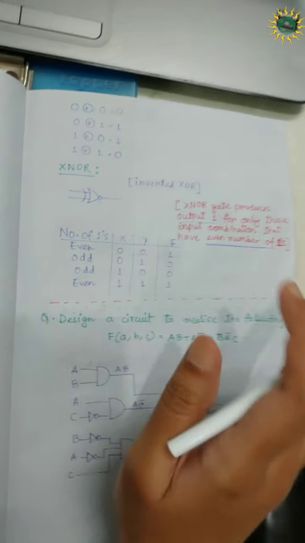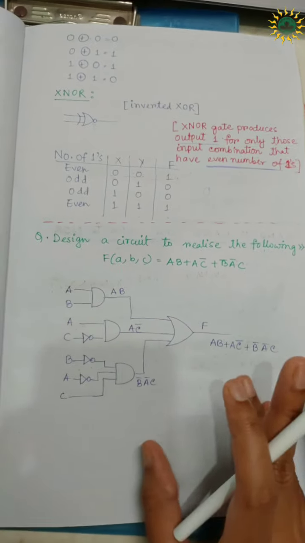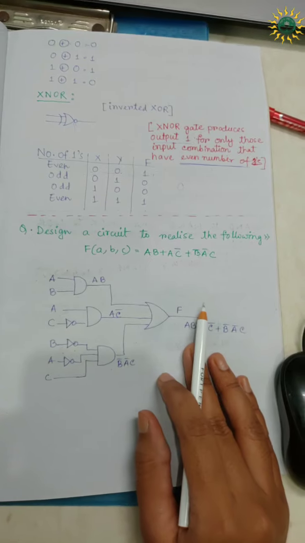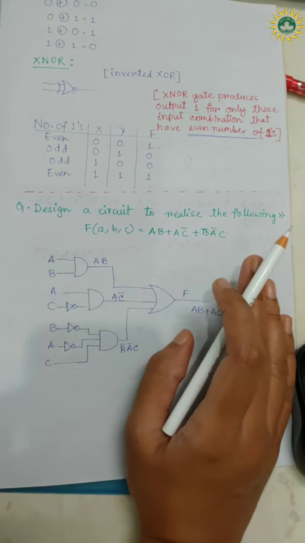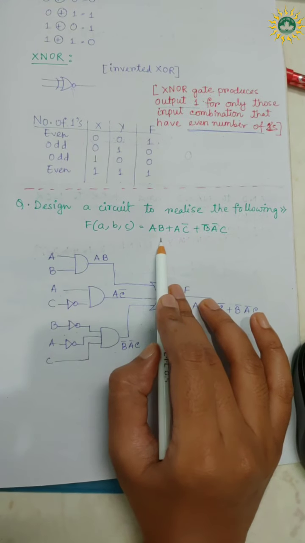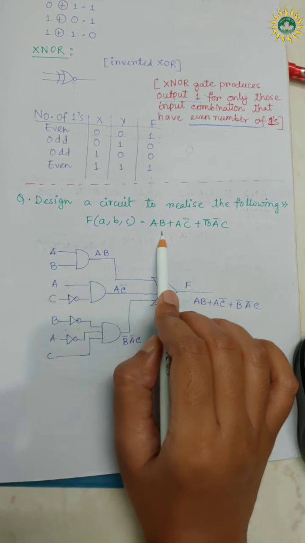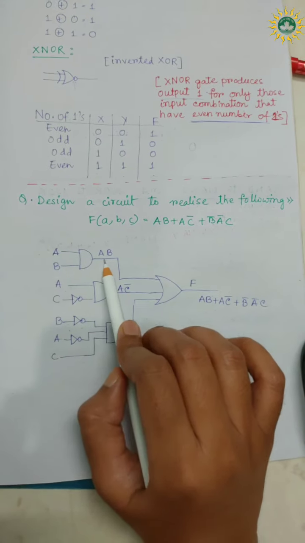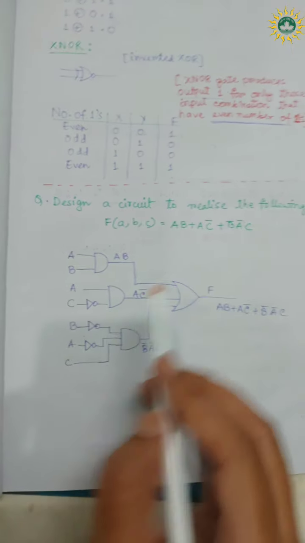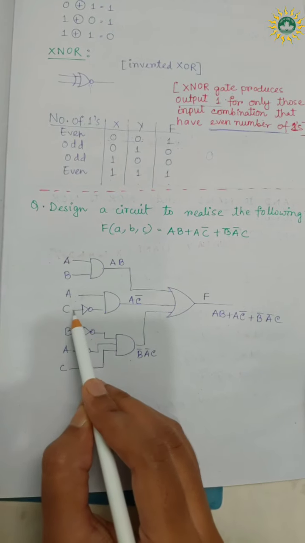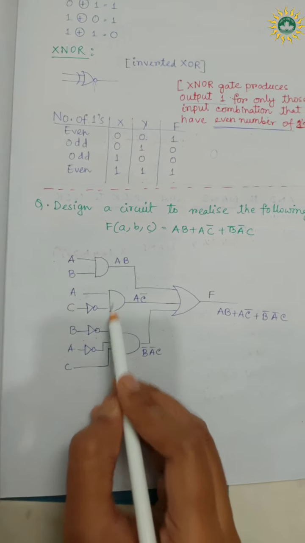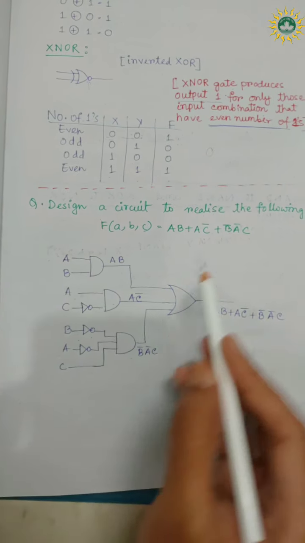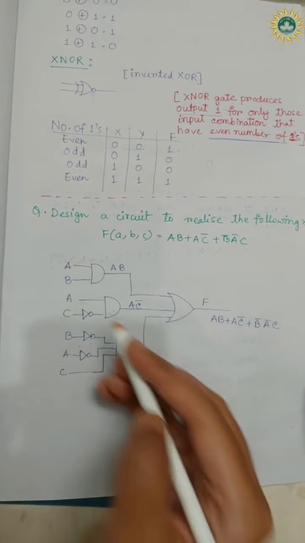Am I clear? Now a little hard part, hard but enjoyable, okay, you have to design a circuit. The circuit will be given to you like this. You have to design the circuit. Now AB is going through the AND, using the AND gate you draw this. We have A C bar, we have drawn A, and since there is C bar, we first put a NOT gate on C, and then passed C through the AND gate. Now we have B bar, that's why you have done B bar here.